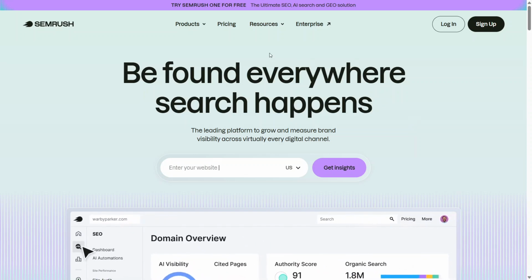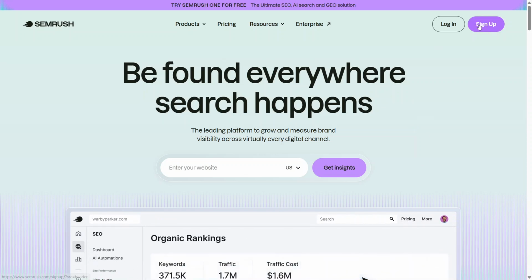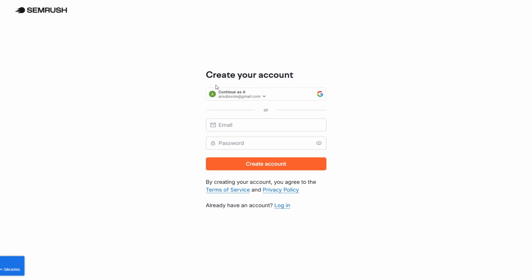First, head to Semrush's website in your browser. On the top right of the homepage, look for the sign up button and click it. You'll see two ways to get started. You can sign up with a Google account, which is the fastest route and uses your existing Google credentials, or you can create an account with an email address and a password. If you choose the email option, pick a strong, memorable password and proceed. Either path takes you to the same place, and you won't be asked for a credit card to create the